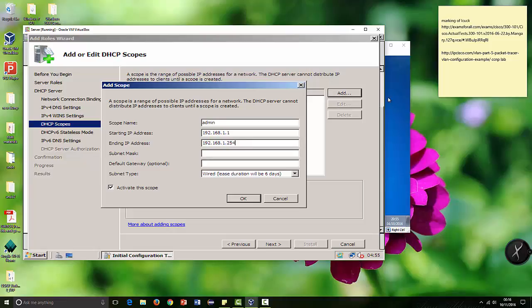I won't take 254 because 254 is being allocated to the server. So make sure you don't give the server IP address here, I mean, don't include those addresses. And 253 is also used, so for my sake, I'm taking it till 100, or make it till 150. And when you click here, subnet mask. Since this is class C, my subnet mask will be